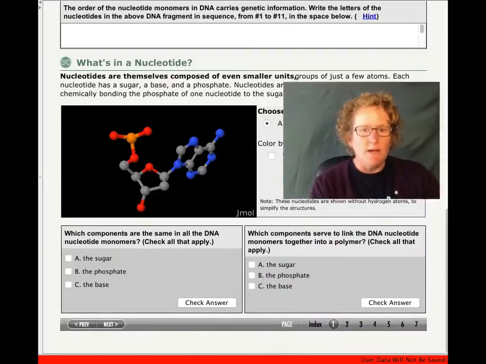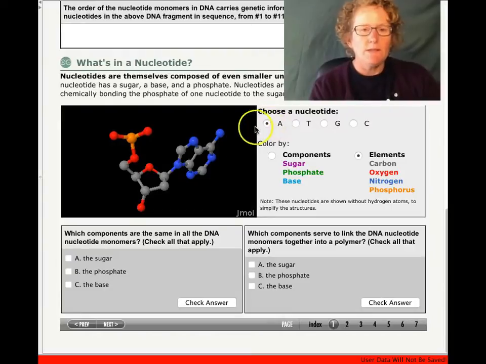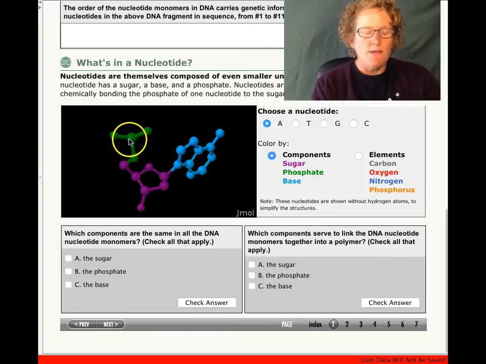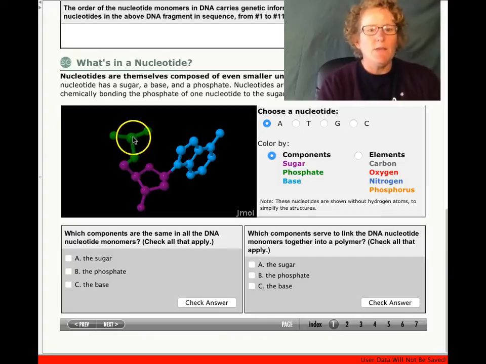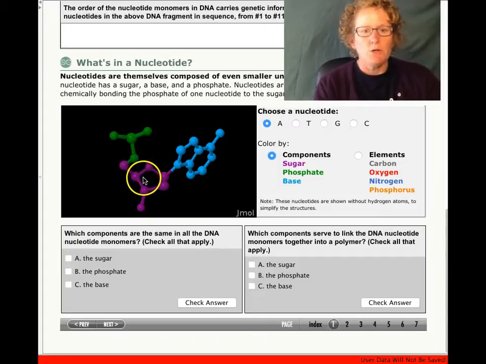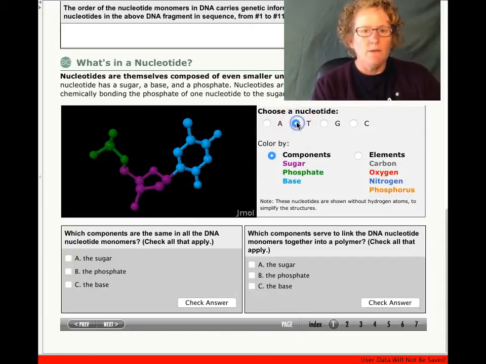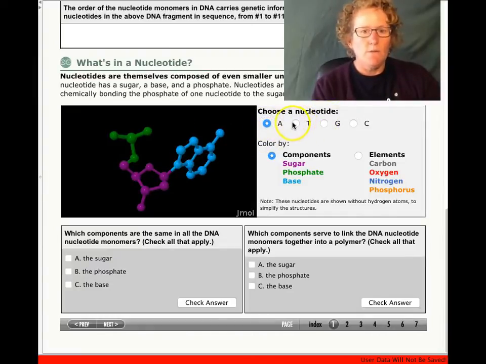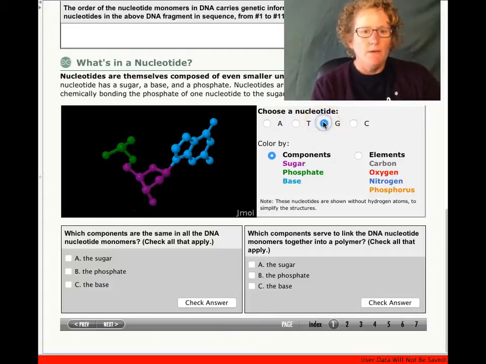What's in a nucleotide? Well, let's look at what's in adenine first. Remember, I said all this stuff is the same. This is the phosphate, and this is the sugar that makes up the nucleotide. There are 3 parts: the phosphate, the sugar, and the base. Now as we click through and look at different nucleotides, the base changes. So there's 2 rings here, 1 ring here, 2 rings here, but there's 2 functional groups there,